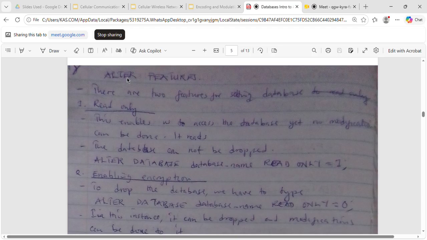Then we have alter features. Remember, you alter table name. You want to change a column from the already existing table, and basically by default, you can change a column from the already existing table, but you can also